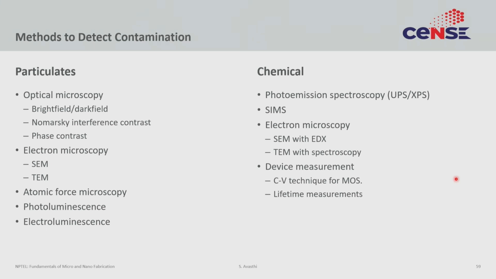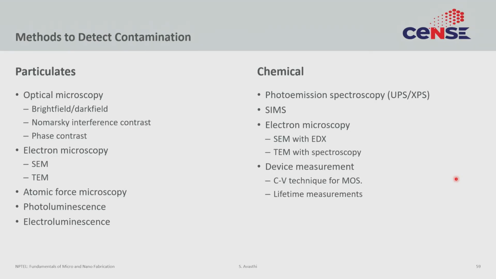Then you can of course use SEM and TEM. The only challenge is that sometimes if the contamination is very sparse, you then have to hunt for that particle, which might be hard to do. But if the contamination is not very sparse, if it is pretty dense, then it's very easily visible in SEM and TEM. People do it with AFM, atomic force microscopy, especially in cases where you do not have conductive substrates.